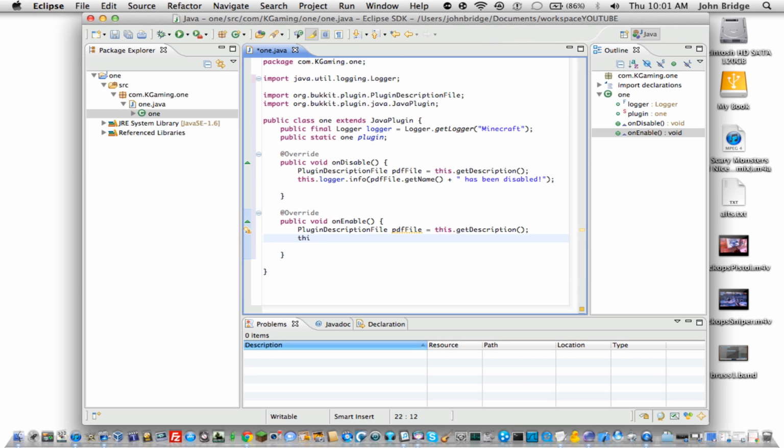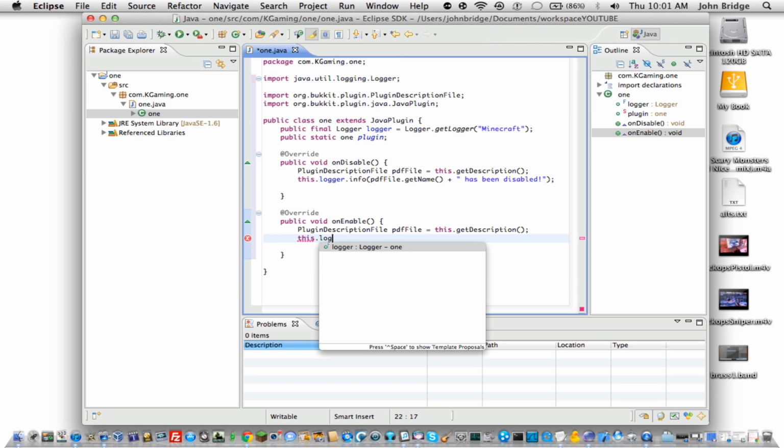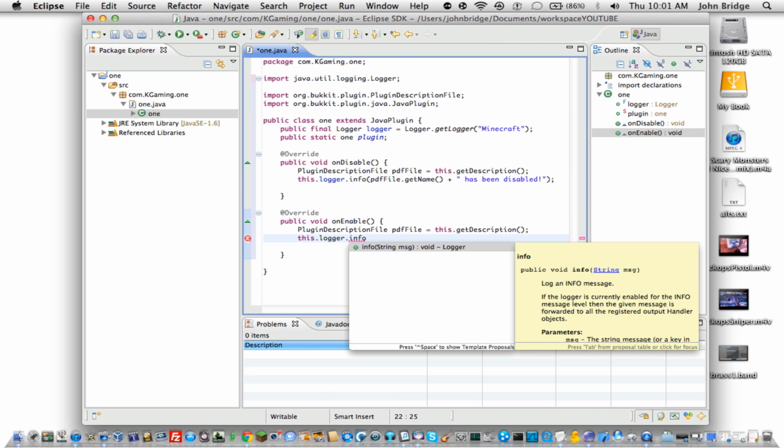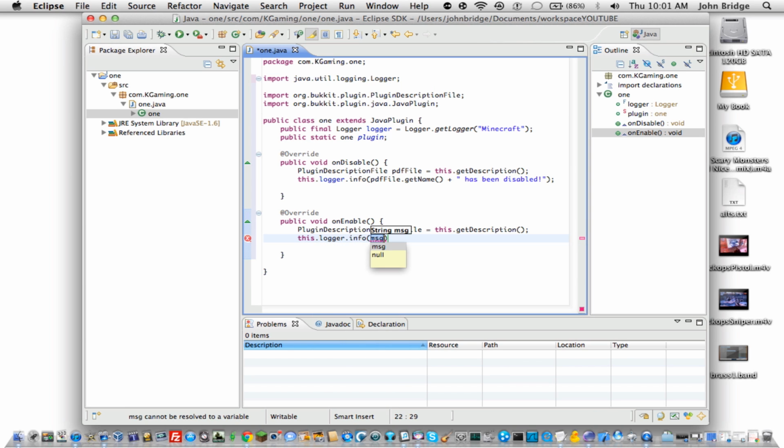Now you're going to type this.logger.info(pdfFile.getName(), and then your brackets there, plus,